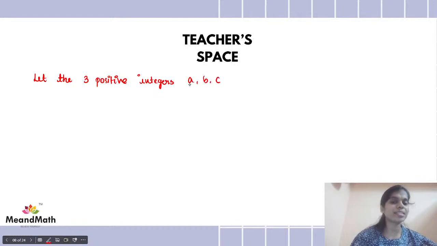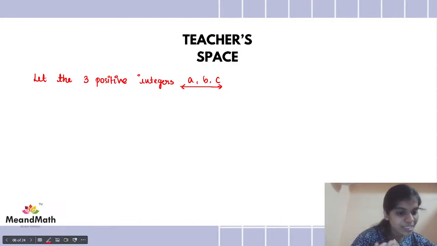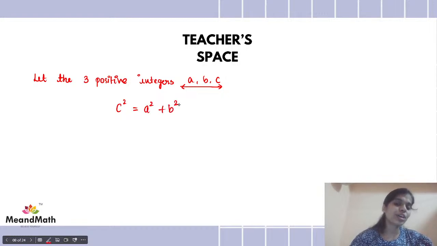A, B and C. What do these A, B and C say? They are triplets. Three numbers. What do the three numbers say? Ma'am, three digits with the same justifying the answer. Exactly. Very good. So which means I can say C square should be equal to the sum of square of